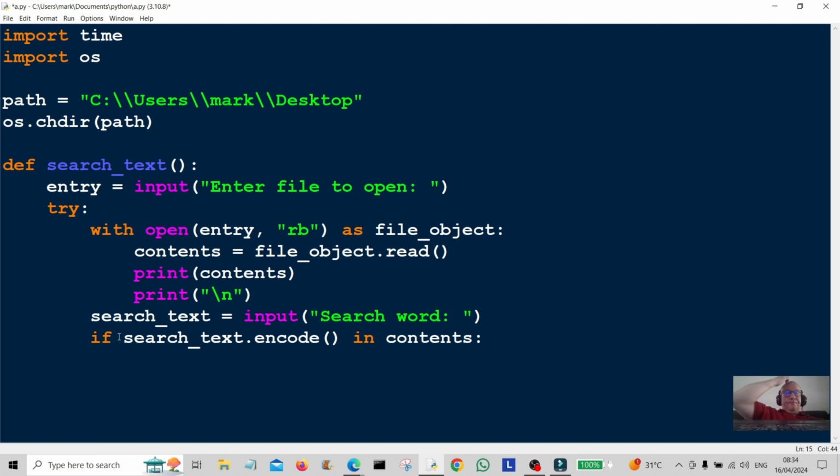Okay, so now we're going to print out the results. I'm going to use an F string to format it, so that's going to be print, F string to format it. And then the search text, not found. Okay, and then